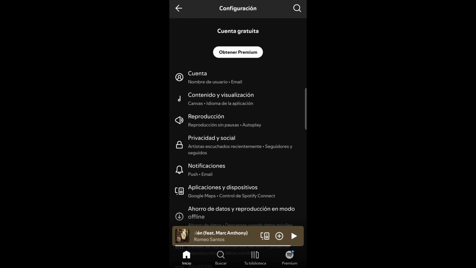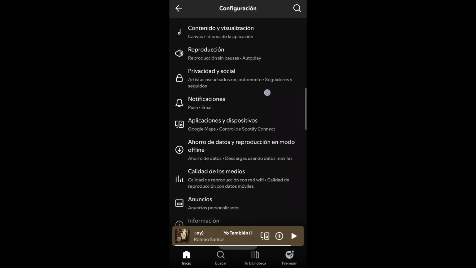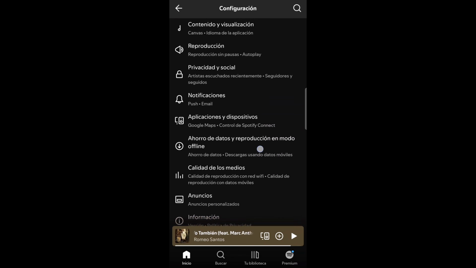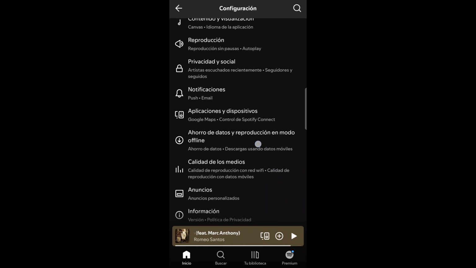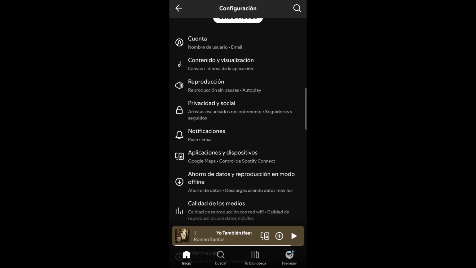Press that, the little gear icon. And then if you scroll down, you see where it says contenido y visualización, content and visualization. Cambiar idioma de la aplicación. That's the language of the application.